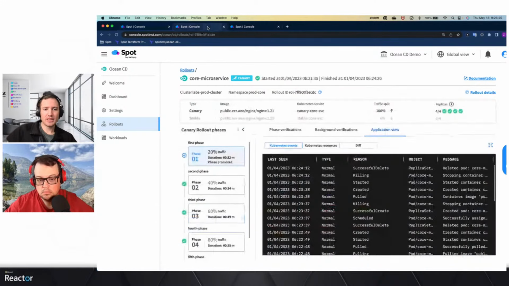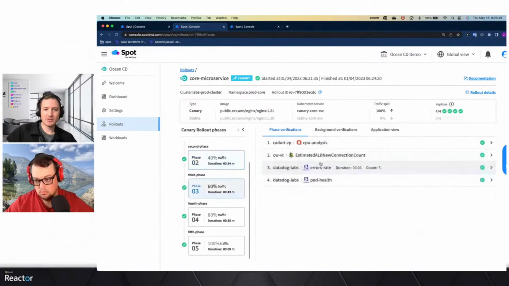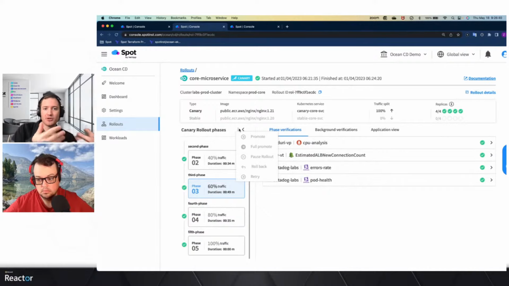That's one example. And then, with the same deployment, I just want to show a few other options that you have at any point during your rollout. When you are monitoring your rollout and maybe something isn't returning as you would expect, you have a few different options.